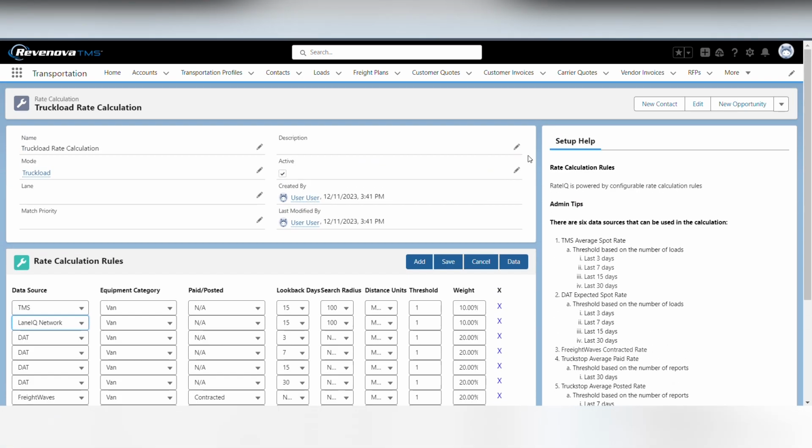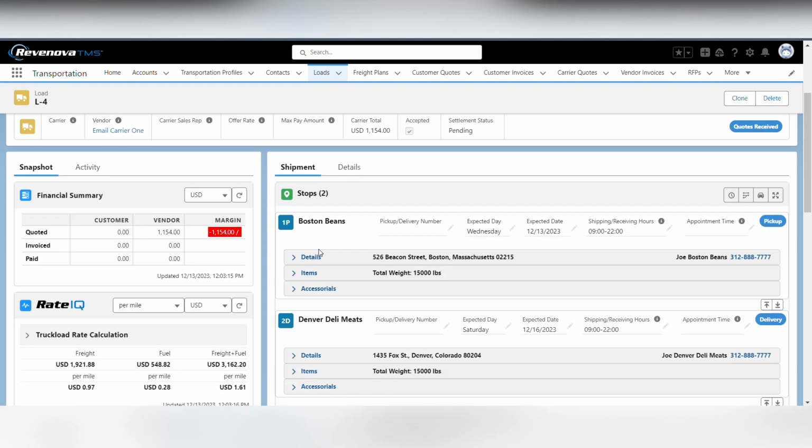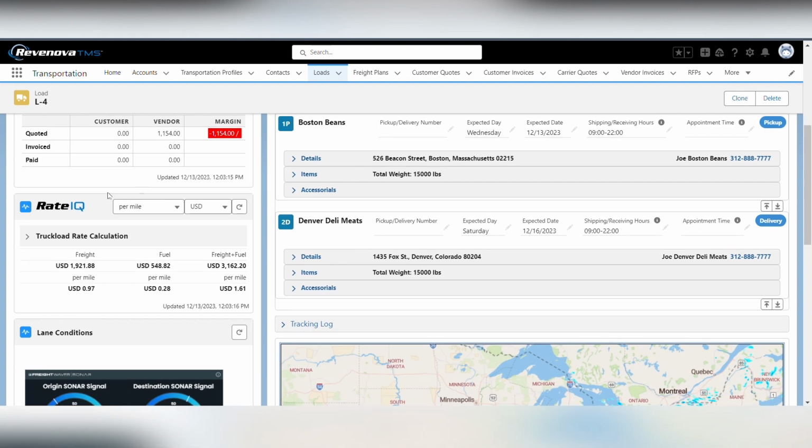With all that setup done, the payoff can be seen on the load. I'm going to hop over to this tab, and what you'll see here is a load that I've recently built in my demo environment. This load is moving from Boston to Denver, so our good old friends Boston Beans and Denver Deli Meats. On the left-hand side, we have our RateIQ tool, which is again familiar to you all, but if you hit the drop-down,